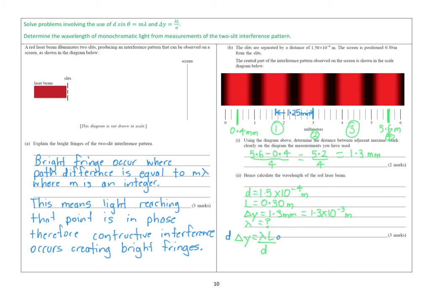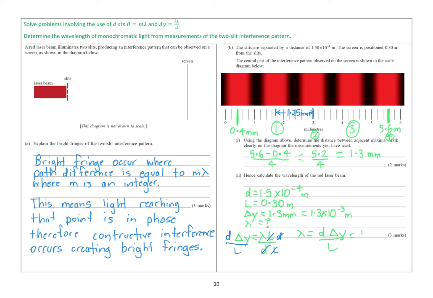Times both sides by D. Divide both sides by L. So we get left with lambda equals D times delta Y on L,